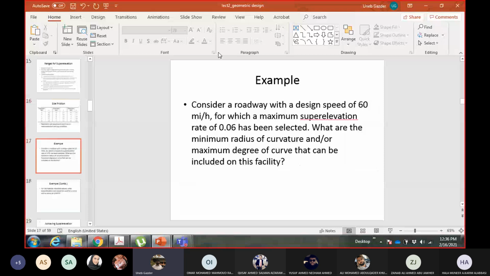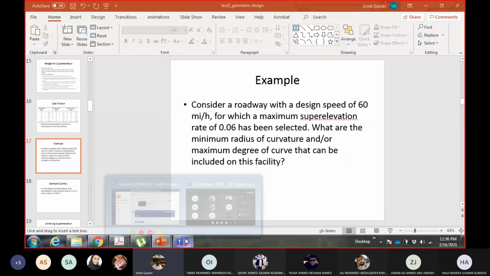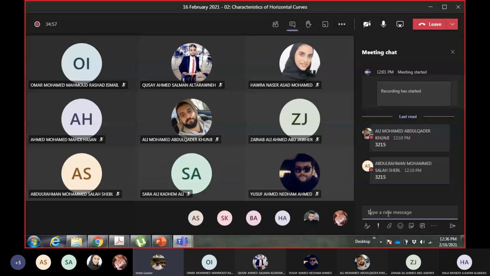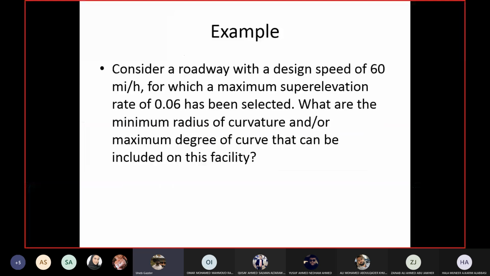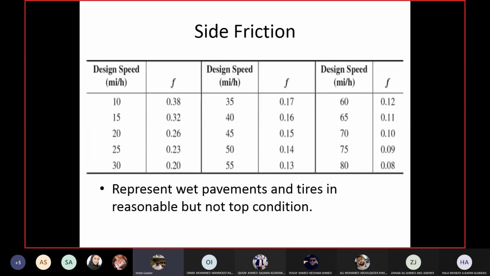Let me write it somewhere. So this is the radius. I think I can just write it here: 133.3 feet. This is the radius. Now one more thing the student in the other section asked, so I will answer it here as well.